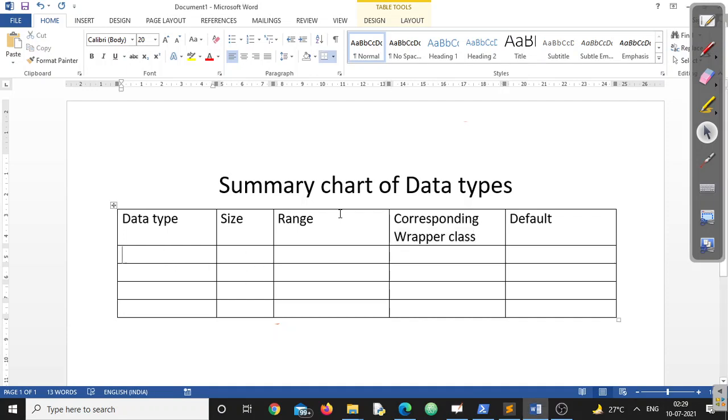Remember, to convert primitive into object or object into primitive, we are using a wrapper class. That is one reason why wrapper classes are used. And there are also different reasons for that, what exactly the uses of wrapper class are and in what different formats this will help me out, right?